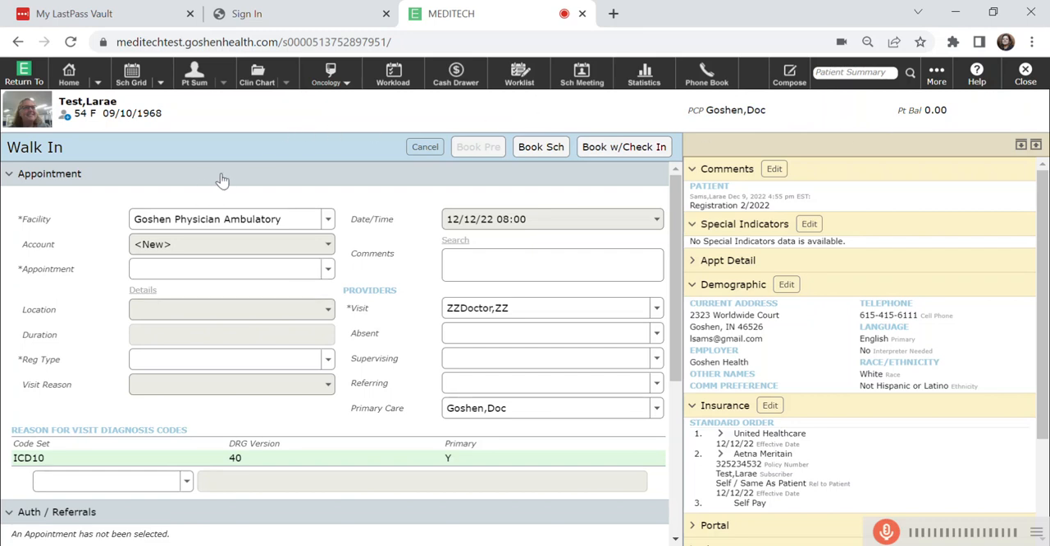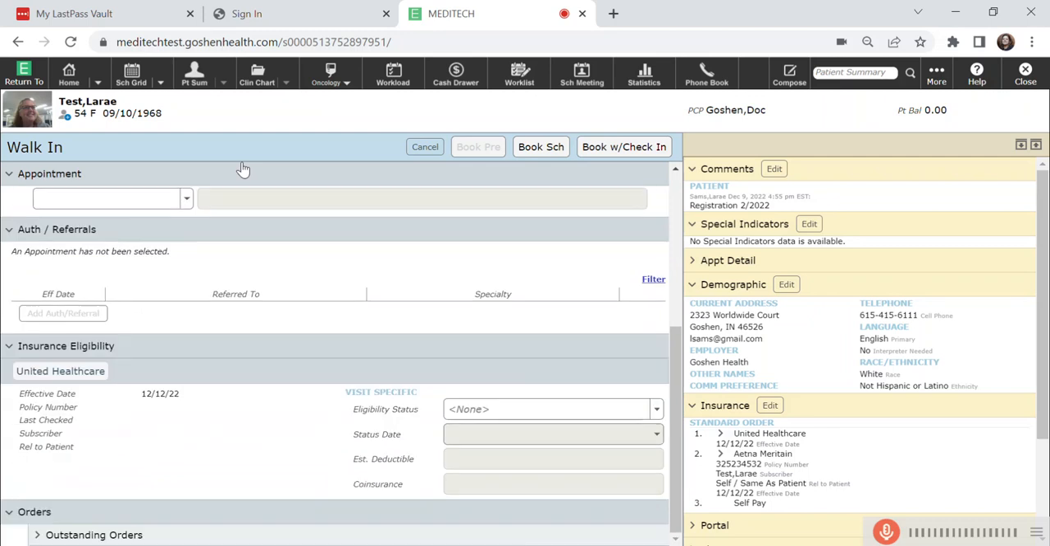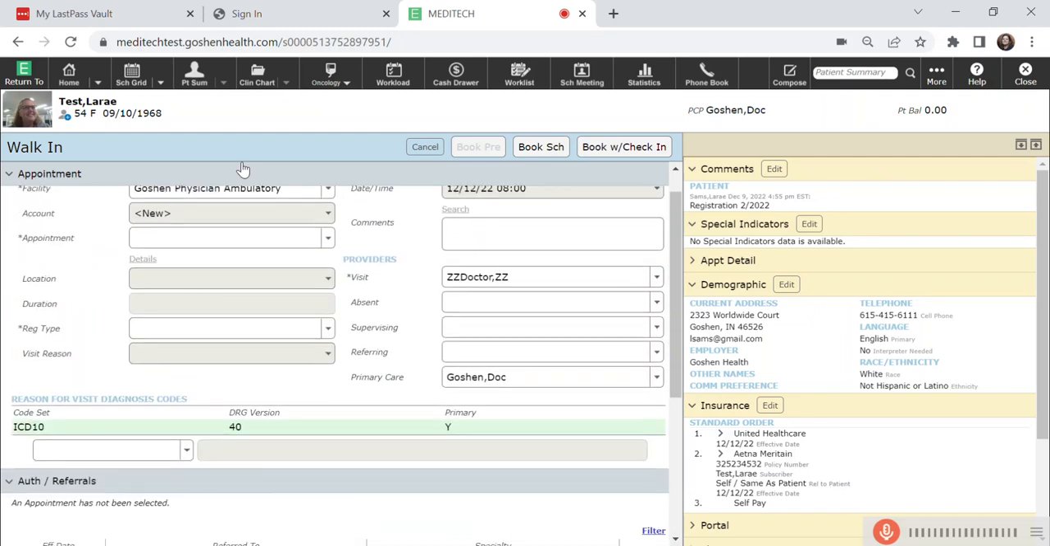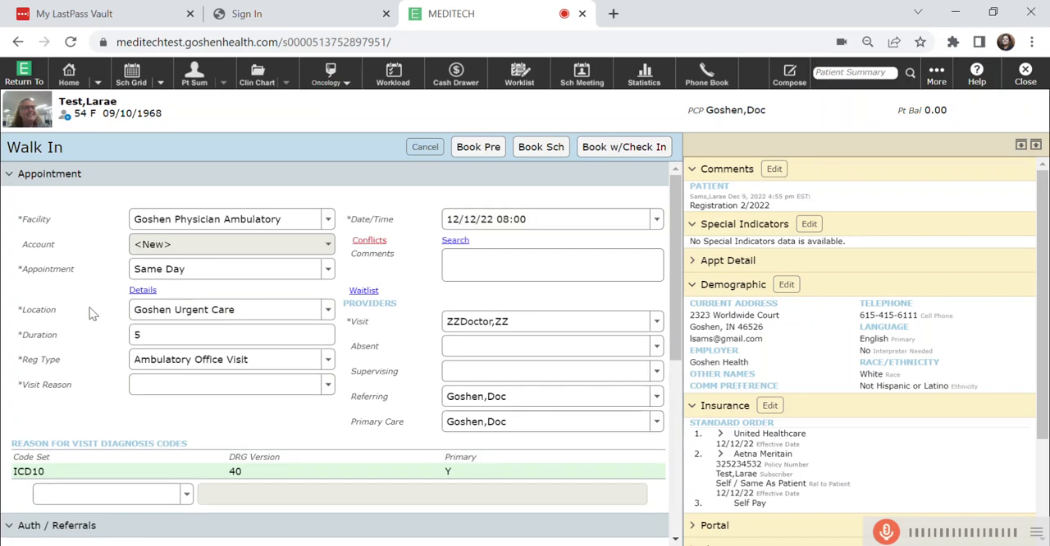As I move down the screen, this will look very familiar to you as the full book screen. You have an appointment section, an authorization and referral, and the insurance eligibility information, and at the very bottom, an order section. Just as with our full book, we will come down and say the facility, appointment type. I can click on the drop down. In this case, since this is urgent care, I'm going to select same day. It brings in my location, my duration based upon what that office has requested, the reg type, and once again,